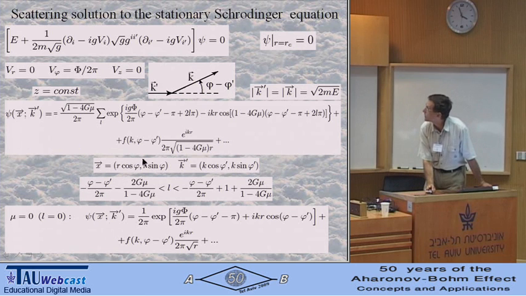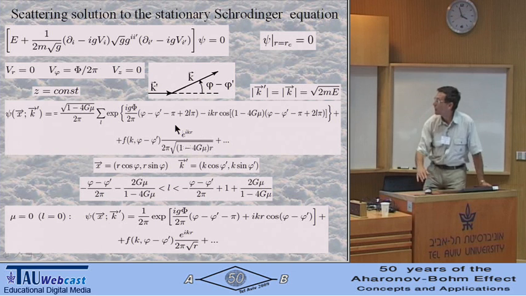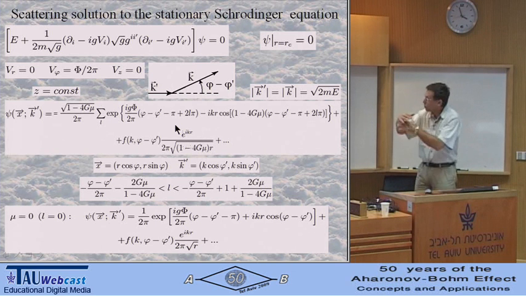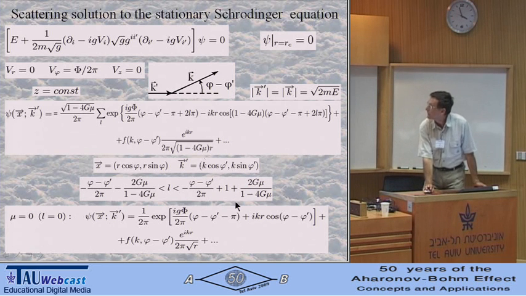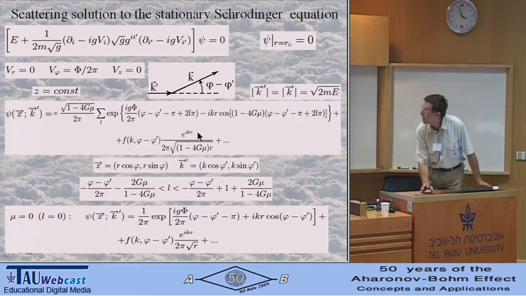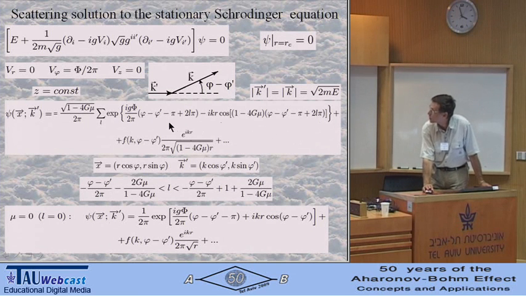And now this is the asymptotics at large r, and this is an outgoing spherical wave in 2 dimensions. That is why there is the square root of r in the denominator. This is the spherical outgoing wave, and the coefficient before it is the scattering amplitude. But first, the zero order term in this asymptotic expansion